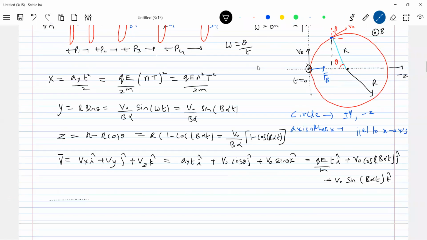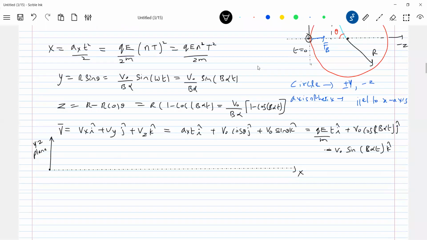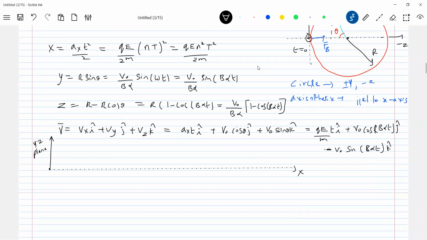So this is very important. You just see that this is the x-axis. So what is this line? This is the x-axis, and this is the y-axis. So in the YZ plane, instead of the y-axis, let me call this the YZ plane. What I'm plotting along the vertical direction is the YZ plane, not the y-axis here. I'm asking you to think like this. Why that plane only is better?